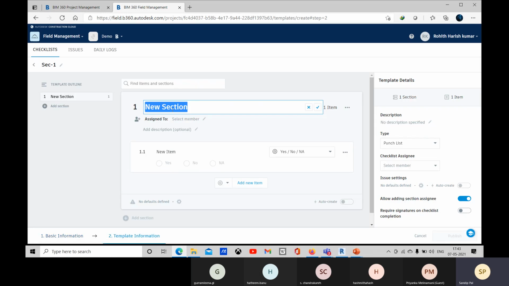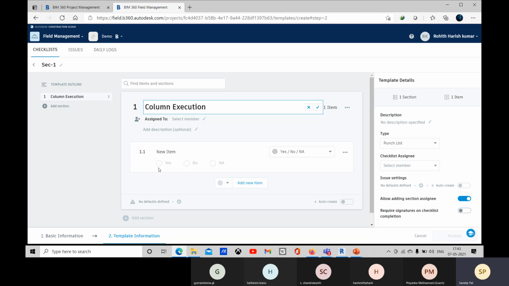And here you see one new section is there, so you can provide like, it's for column execution. Okay.